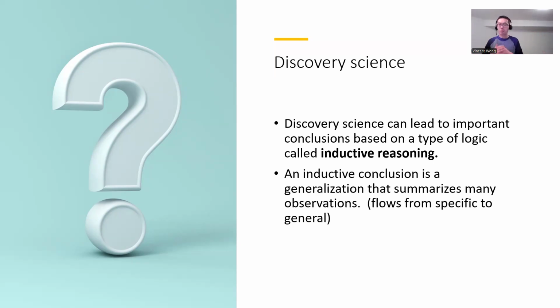So, in real life, scientists use this to solve problems that they haven't encountered before. And once they make all these observations, the next step is to use what's called inductive reasoning to try to come up with some kind of generalization